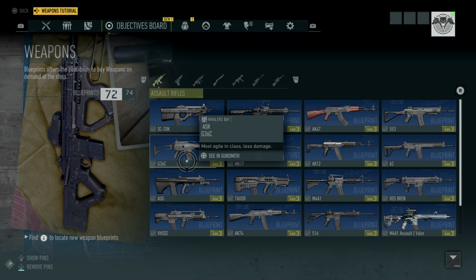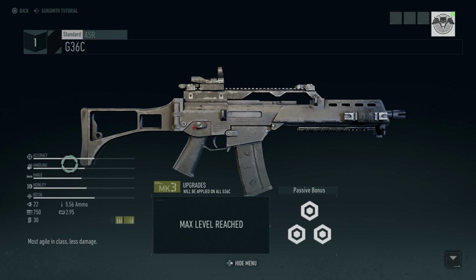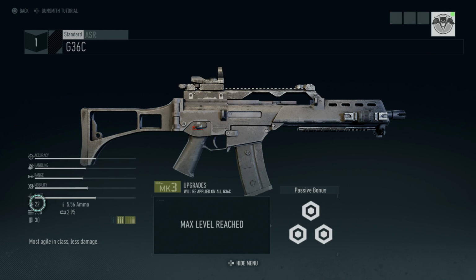Next is the G36C. G36C is also a very, very well balanced weapon in these stats. For accuracy, handling, mobility, and recoil, those are all 50 and above. Range seems to be at about 50 or maybe a little under 50. But the damage per bullet is only 22 with the 750 RPM, so DPS wise it is much lower than